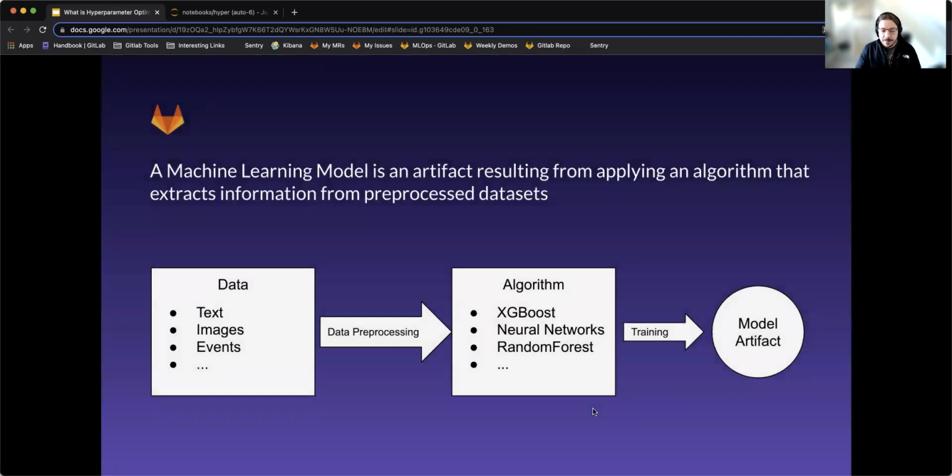So from the beginning, a machine learning model is an artifact that is created from applying an algorithm to a data set that was processed. So you have a data set, you perform some processing, so change the image size, convert the text, clean up some events, and so on and so forth. And then you apply an algorithm to this, XGBoost, random forest, many more. And then you train both these together, and then you get a model artifact. But